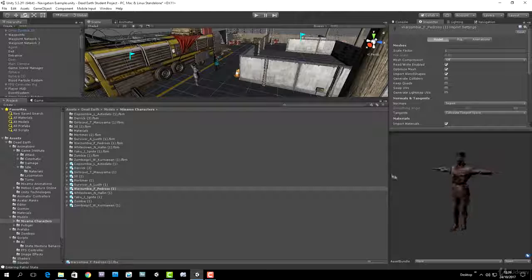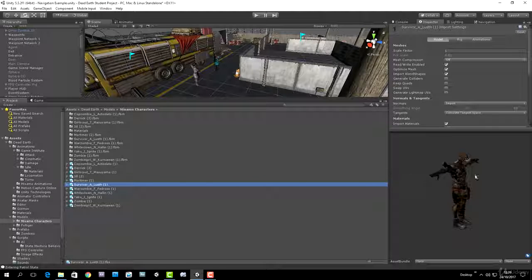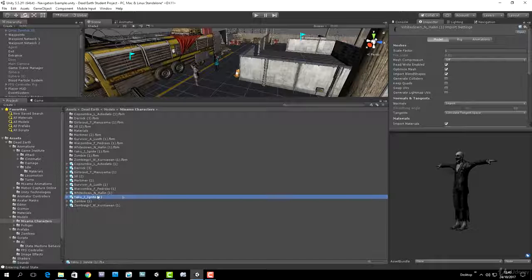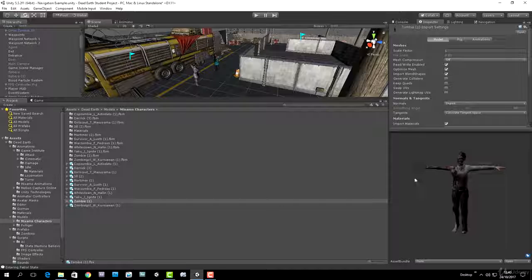We've got this one here, I don't even know what that is. We haven't set up some of these, so for example, you can see that Survivor character there, there's a bit of transparency problems going on because I think he's been assigned a transparent material by default by Unity, so you need to sort that out, just as we did in the early lessons. We got this guy, don't know if any of you ever watched Buffy the Vampire Slayer back in the day, but there was an episode, it was very good, called The Three Gentlemen, and he looks very much like one of the Three Gentlemen. So yeah, take all of these zombies and put them in your level,